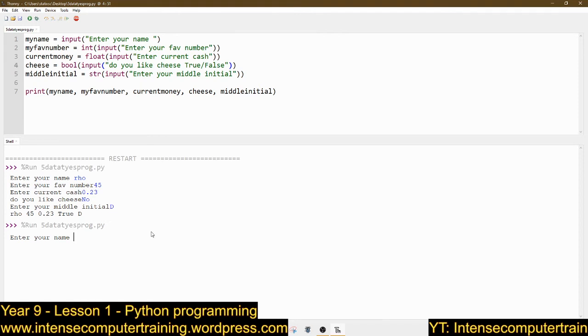So enter name. So enter your favourite number. Enter your cache. 0.67. If you don't write an actual float, it'll cut the number off. Do you like cheese? False. And what's your middle initial? Right. I think you might have to write in